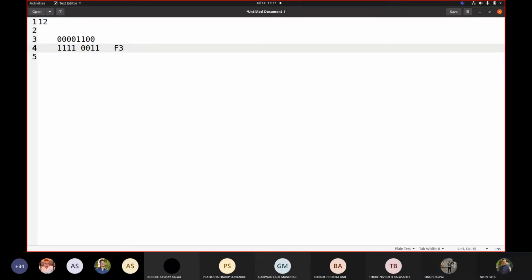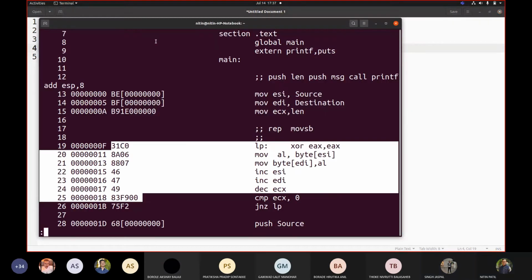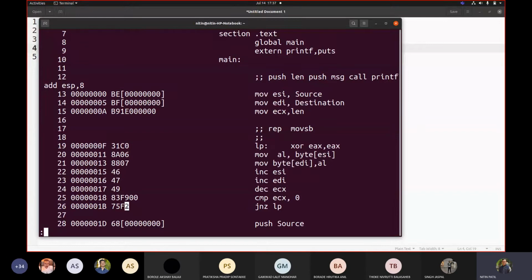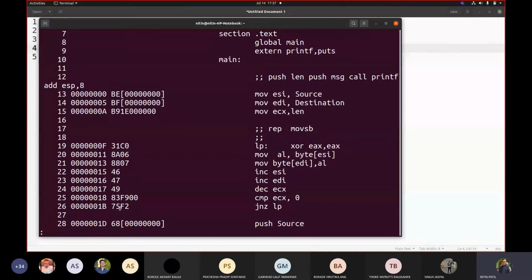Yes, sir. Okay, now see the code. We got F2. So what exactly happened there? Is it taking this one as well, by counting this byte also?